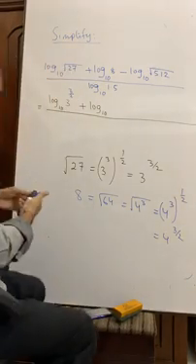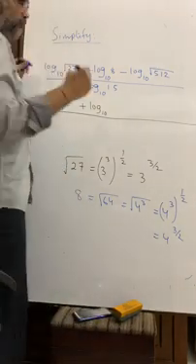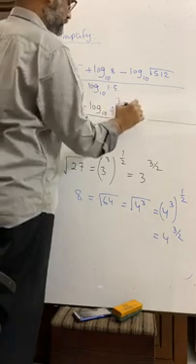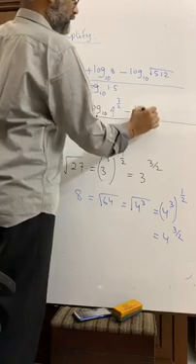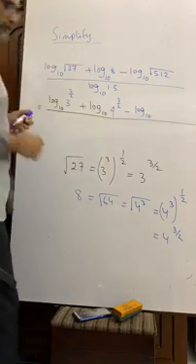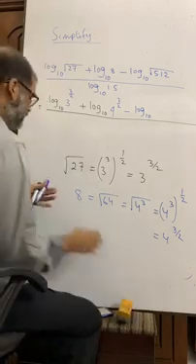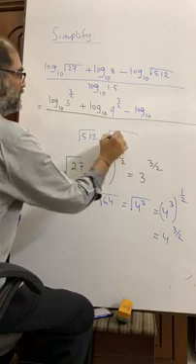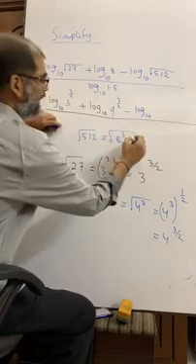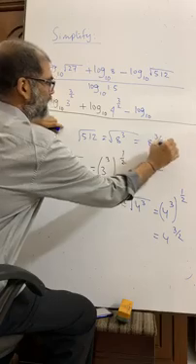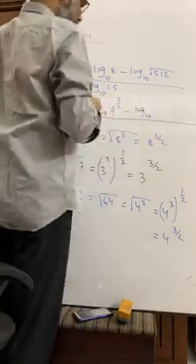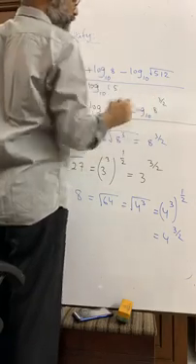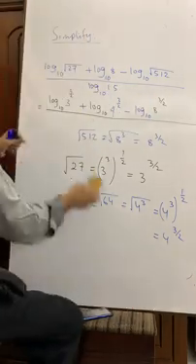So we can write here 4 to the power 3 by 2 minus log 10 512. 512 means what? You see, 512 means root over 8 cube. 8 cube means 8 to the power 3 by 2. In this way, we can write here 8 to the power 3 by 2. I think you have got me.